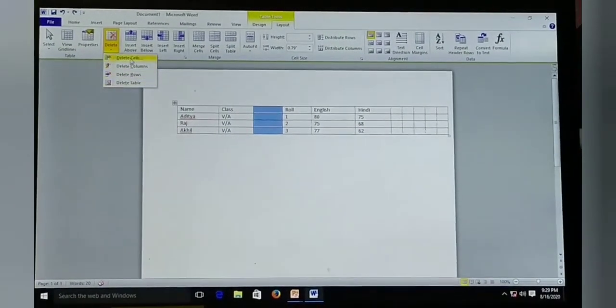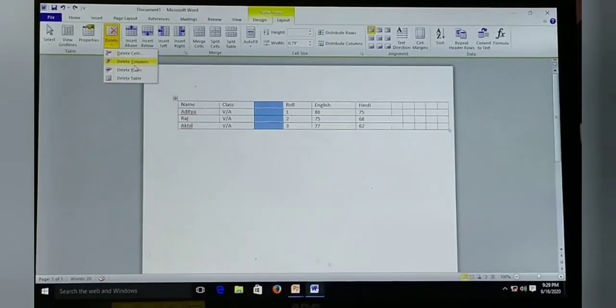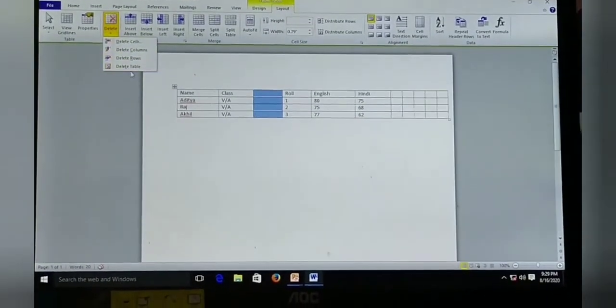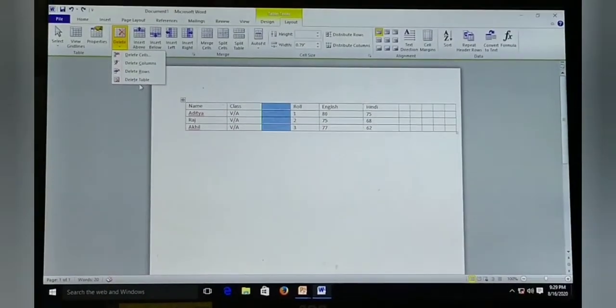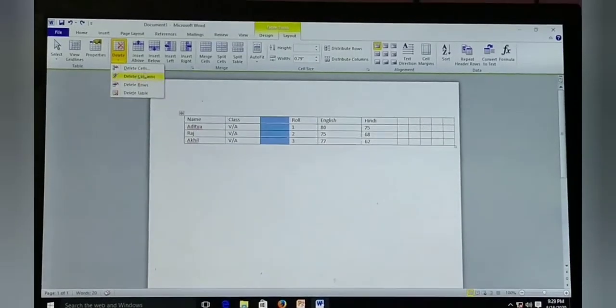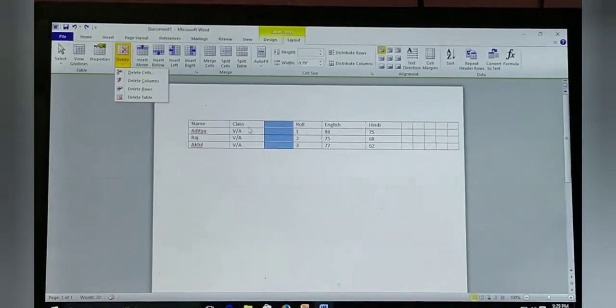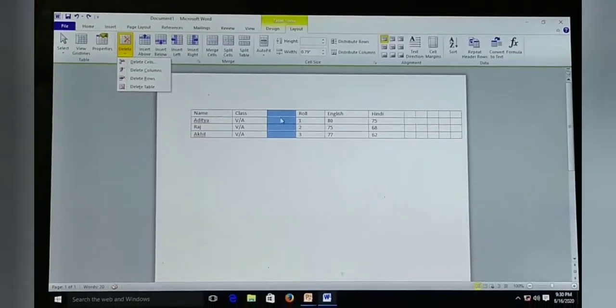There are so many options in this Delete option: Delete Cells, Delete Columns, Delete Rows and Delete Table, and different types of actions are defined by the other options. So here we will choose what we have to delete.